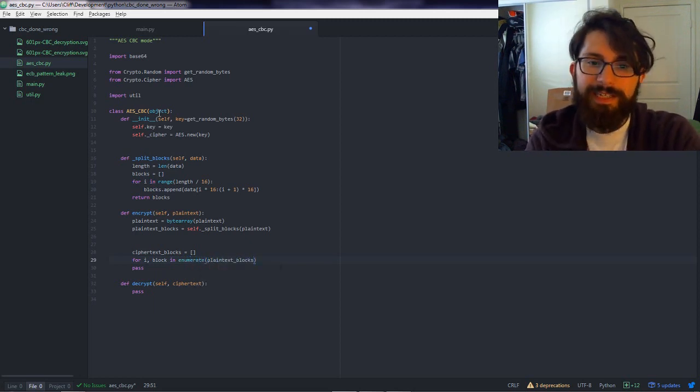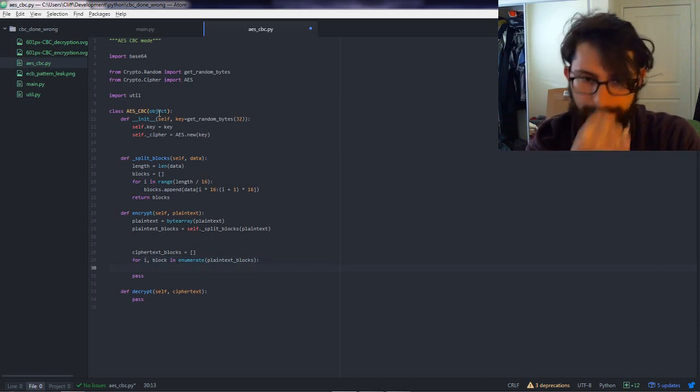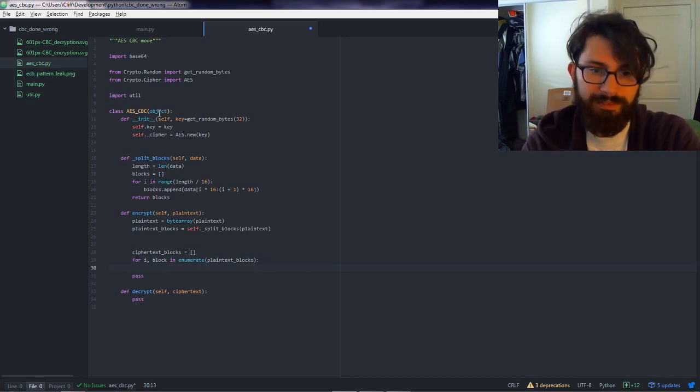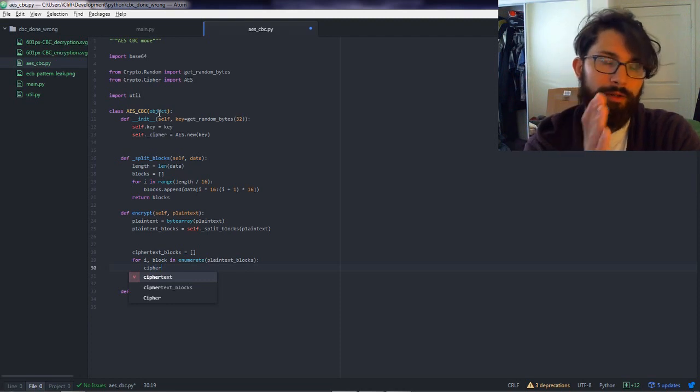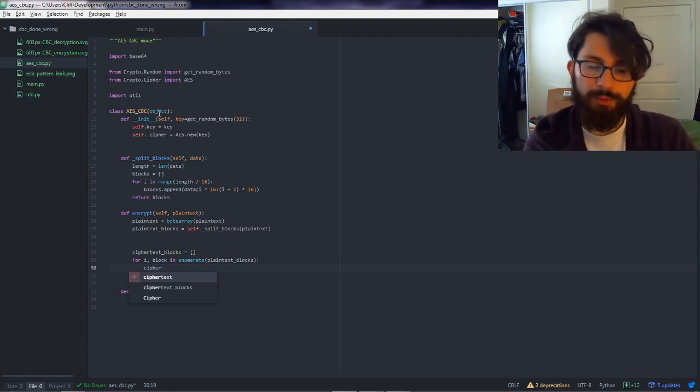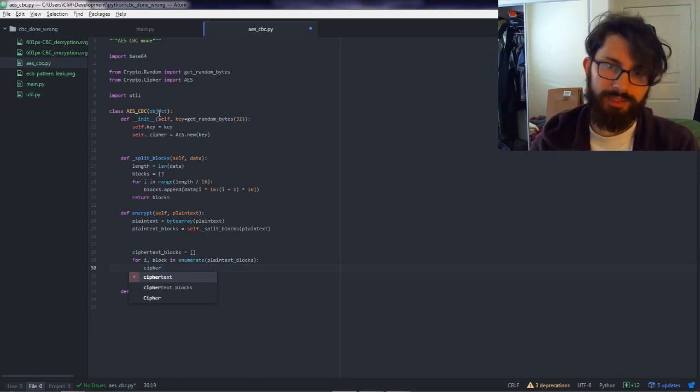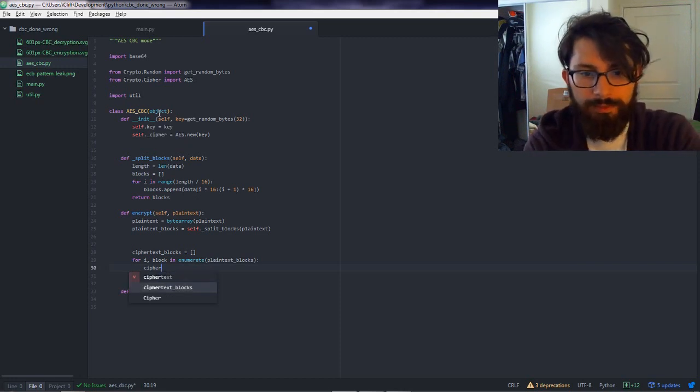We're basically just chaining our output to our input. So for each block that we encrypt, we're going to XOR our previous output with our plain text before we run it through the cipher. So ciphertext blocks dot append,